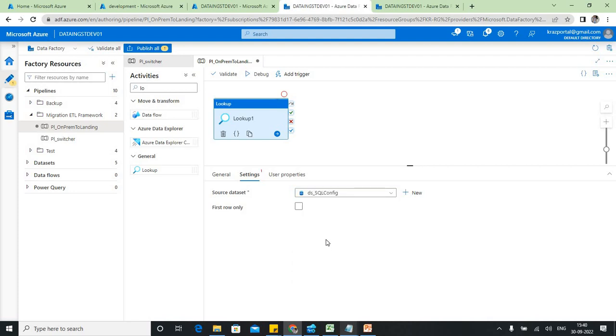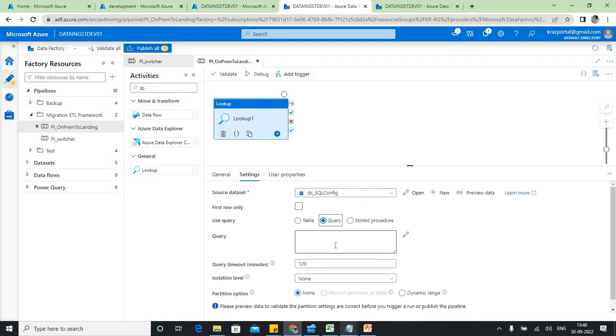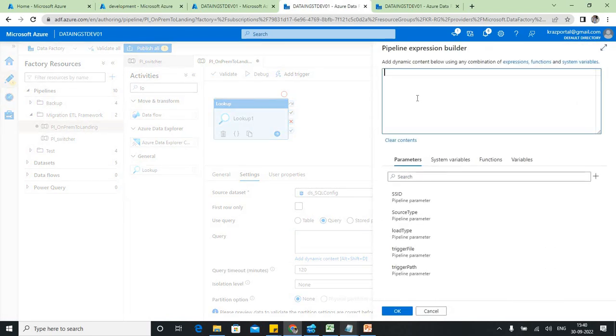Going to be config. The additional condition that I was speaking about is going to be, because it will filter the source system ID, but within one source system ID there could be multiple source types, maybe files and tables also. If we take finance, we might have files to be loaded and also tables to be loaded. So as this flow is mainly for table ingestion, so I need to put additional condition where